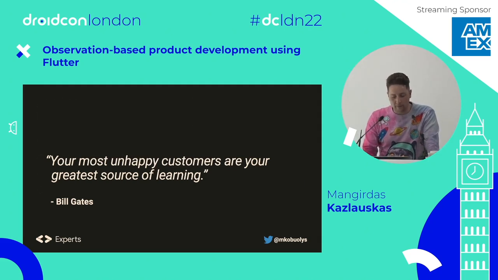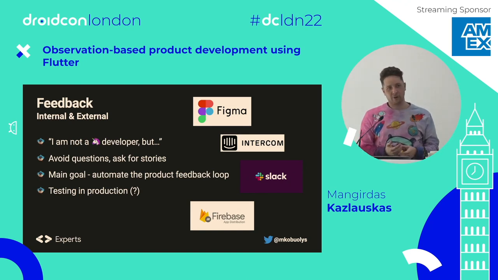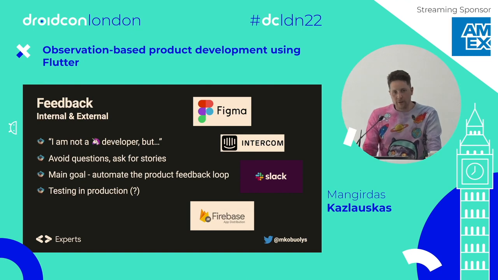So talking about internal feedback, I think the whole feedback should start from your team. Let's take a default team in mind. You have some engineers, you have a designer, maybe a PM, and the designer provides you some fancy UI. And even though you are not a unicorn developer, the developer who is aware of the development but also is very fond of UI and UX, you may feel that some interactions feel wrong